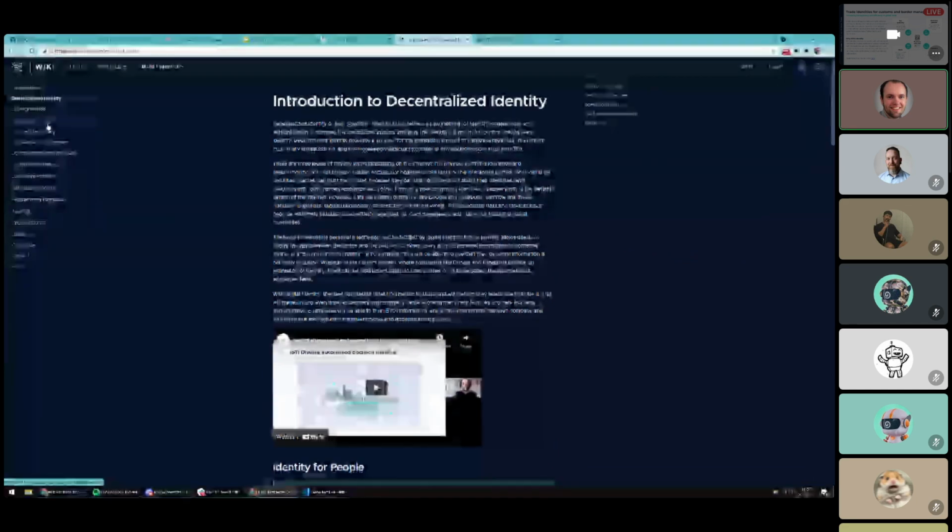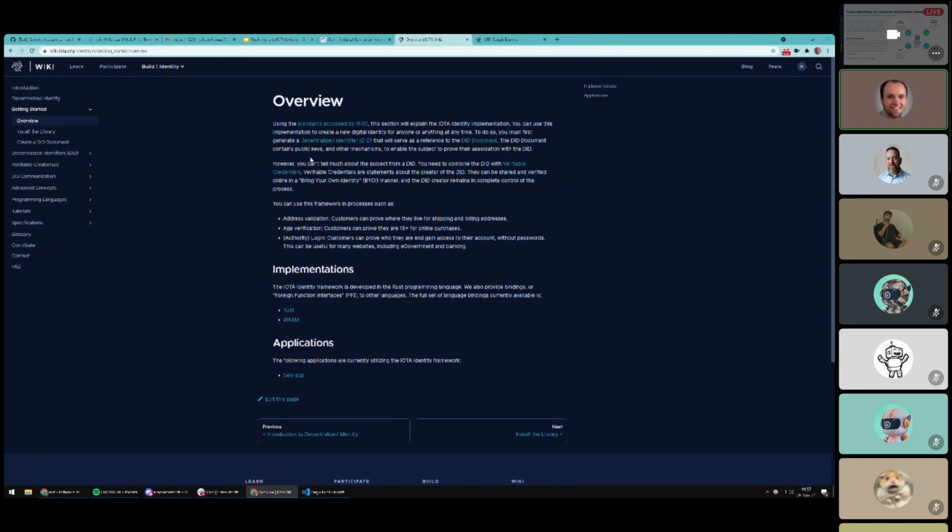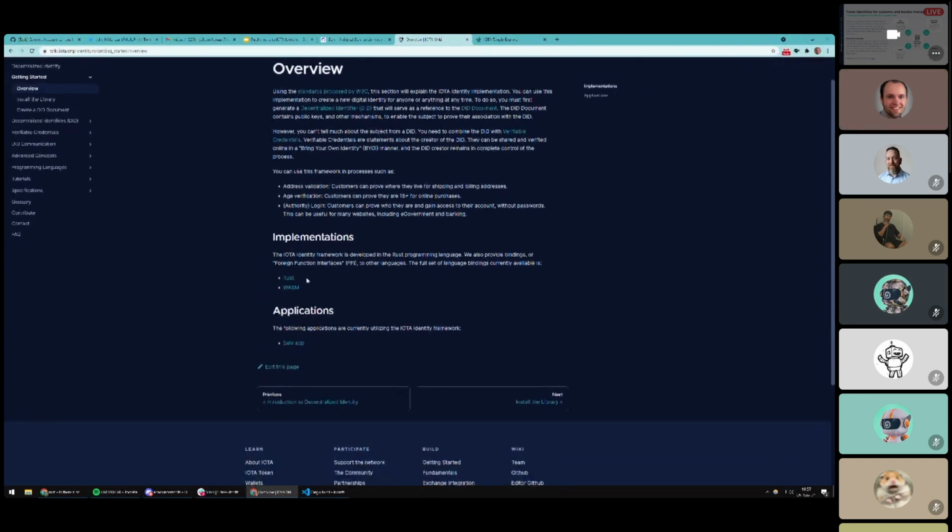In the getting started section, there's good explanations of how to use and get started with the framework. So currently our framework is built in Rust, and Rust has the most features. So if you are capable of developing in Rust, I highly recommend using the Rust framework. However, we have provided bindings to WASM, which basically allows you to develop in JavaScript. It has a little bit less features right now. We're working on putting that on par, but nothing that will be released this weekend. But yeah, it already allows you to do all of the important basic stuff in identity.